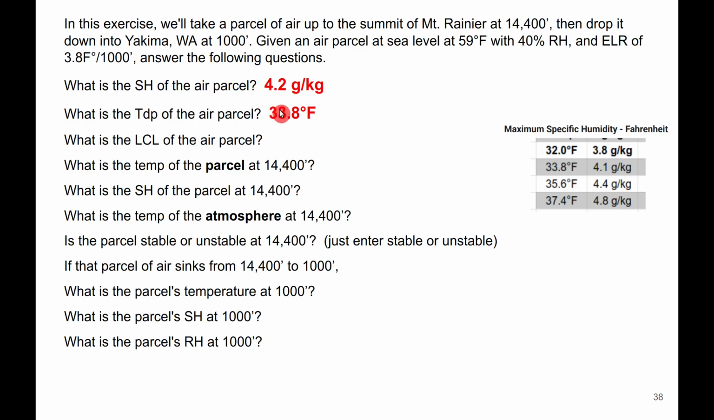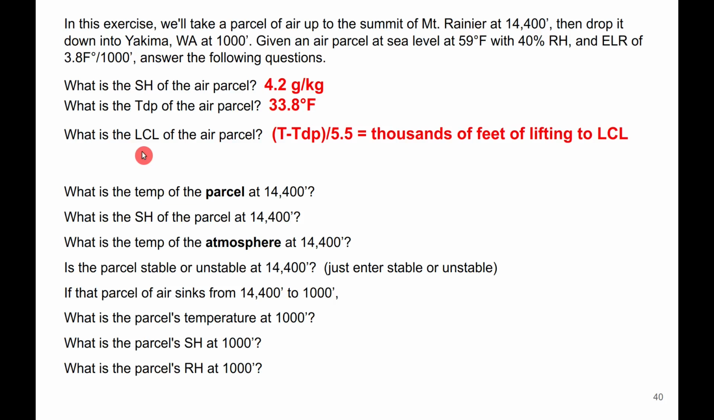Now we know the dew point temperature and the starting temperature, so we can find the lifting condensation level. The formula is temperature, 59, minus dew point temperature, 33.8. That'll tell us how many degrees it has to cool until it cools to dew point. Now we're going to divide that by 5.5, which is how many degrees the parcel is going to cool as it rises at the dry adiabatic rate. So 59 minus 33.8 works out to 25.2. 25.2 divided by 5.5 gives us